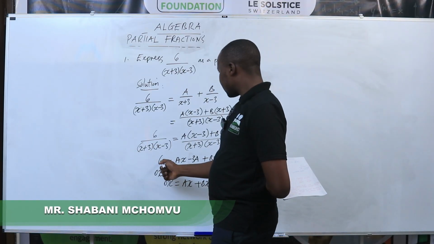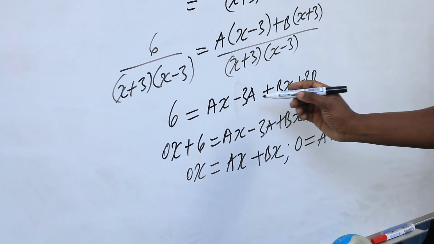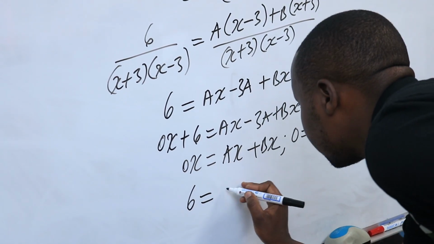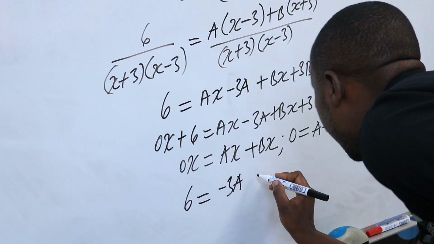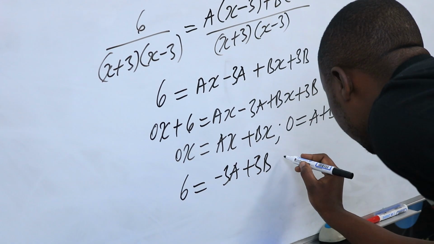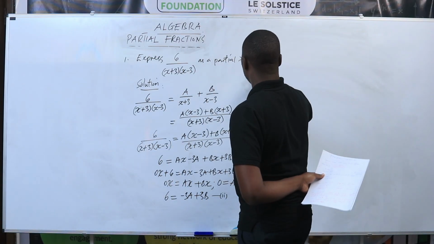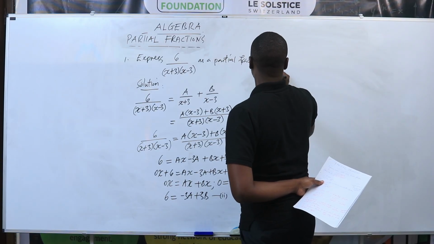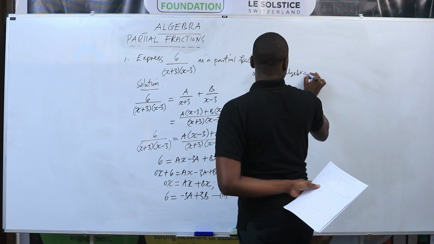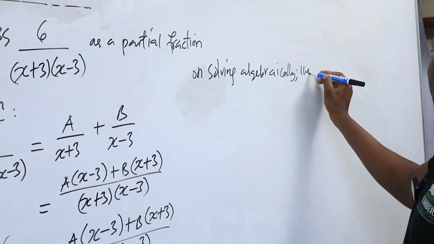Again, coming to the constant numbers, that 6 goes with all the constants, the terms that have no x. That is, 6 is equal to negative 3a plus 3b. So this now becomes the second equation. Now on solving algebraically, then we have,